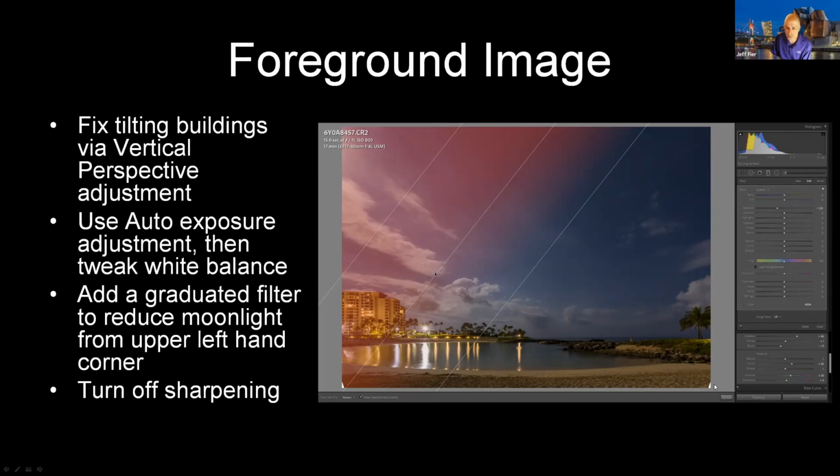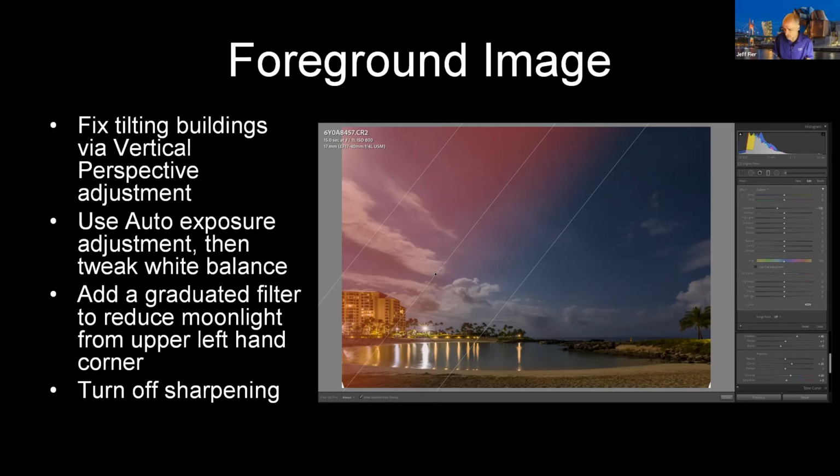Okay, that's all right. As far as exposure for the beach, I just used the auto button in the basic panel in Lightroom, and it created an exposure that looked good to me. I tweaked the white balance a little. Due to the moon being out here to the left, this upper left part of the sky was really bright. So I added a graduated filter to darken down that part of the sky. And I only had to darken it down about a stop, and that improved the sky. And then as far as sharpening goes, I turned off sharpening because that is something I plan to do later